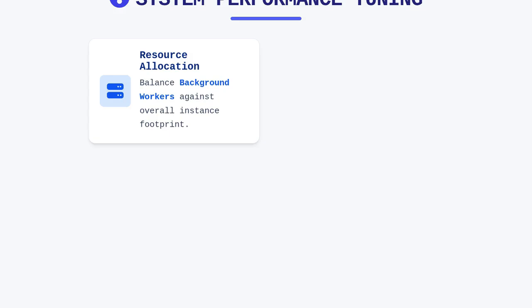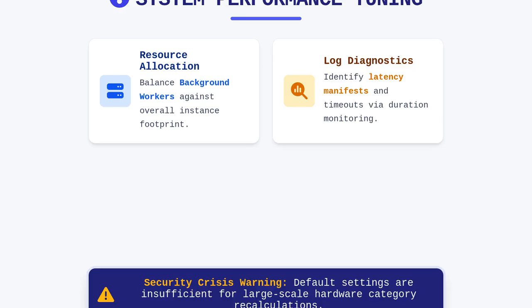Finally, we must tune the underlying system properties that manage these update jobs to guarantee performance during high-stress periods. Resource allocation settings define the maximum capacity for background workers, and these should be balanced against the overall footprint of your ServiceNow instance. In a security crisis where recalculations might trigger for entire hardware categories, the default settings often prove